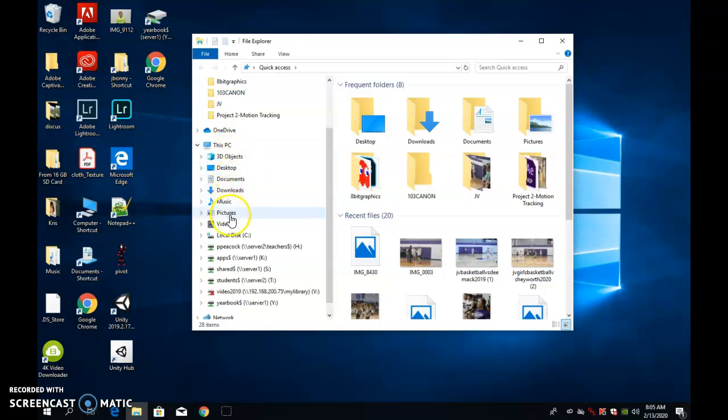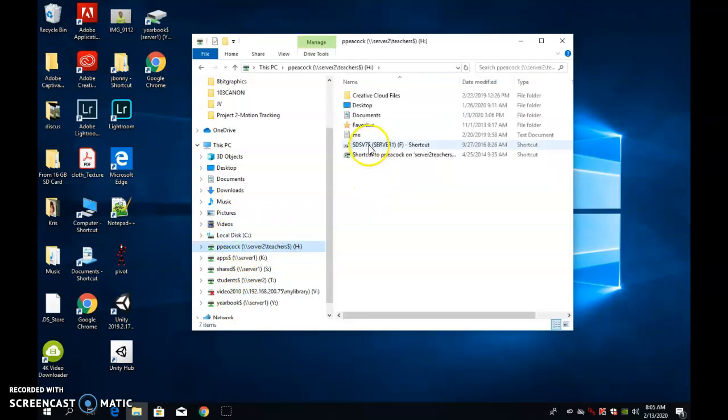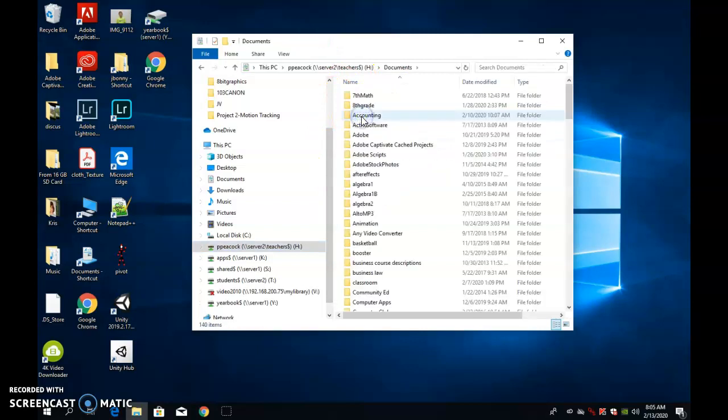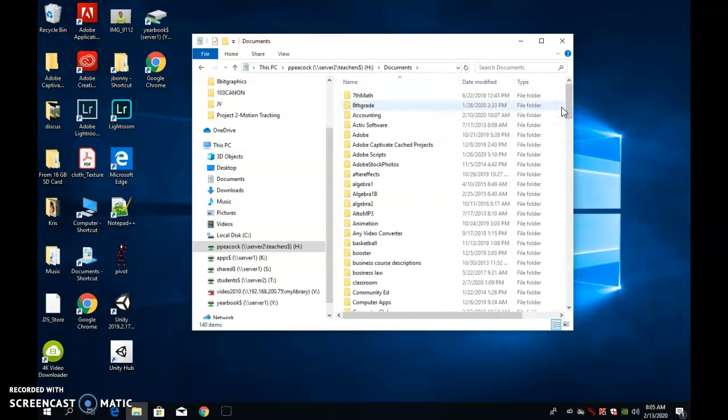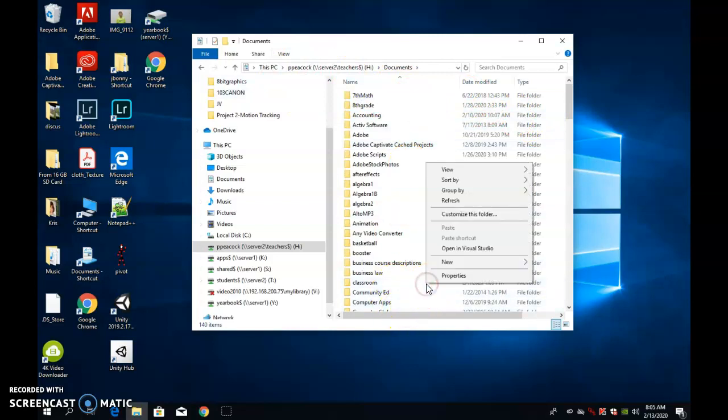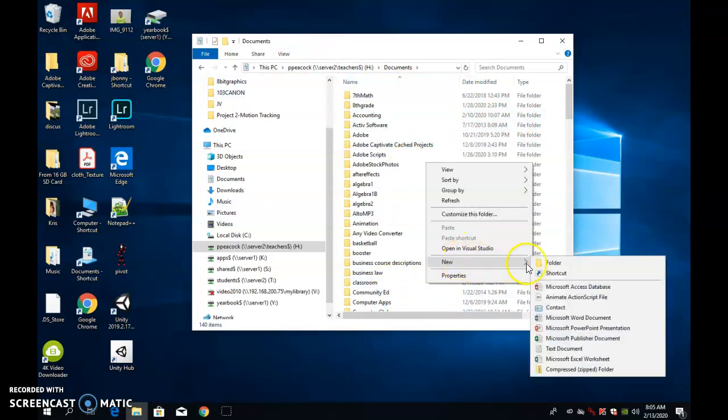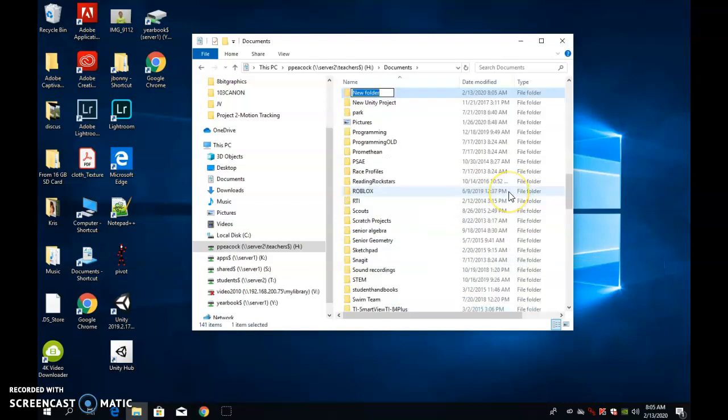I can see all of my drives here in my local hard drive and then these network drives that I have listed. I'm going to click on my H drive here, and most of your work is going to be in this Documents folder. I have a lot of folders and files in my Documents folder. I've been here a long time, so stuff accumulates. But I'm going to come in here and just right-click and go to New and say Folder. And for today, I'm just going to call this Practice